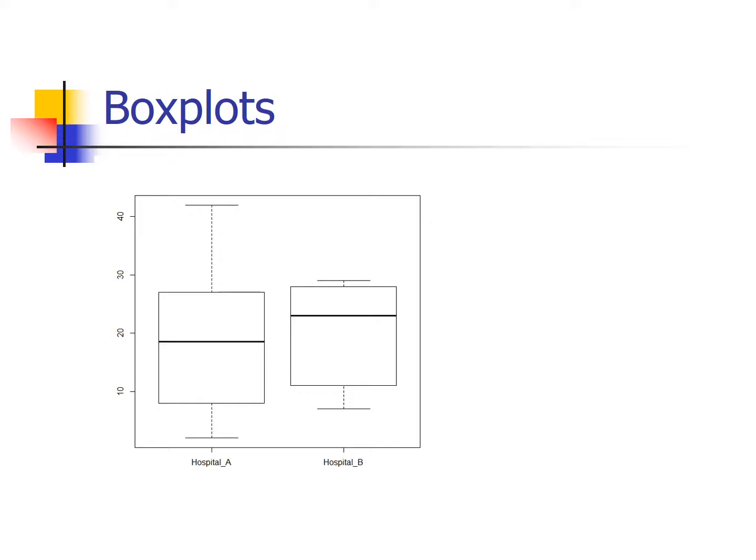Range is not a resistant measurement of variation. I would discourage you from using it. Really, the fact that Hospital A has such a long whisker is really just that one person that's been there, right, for 42 months. If I focus on the interquartile range, if I focus on that middle 50%,